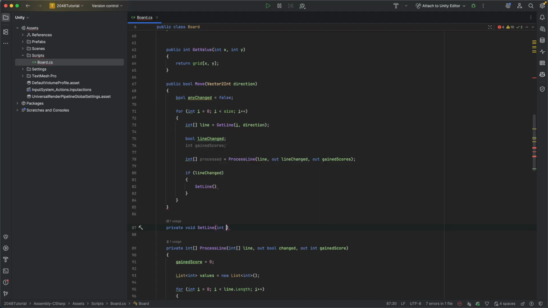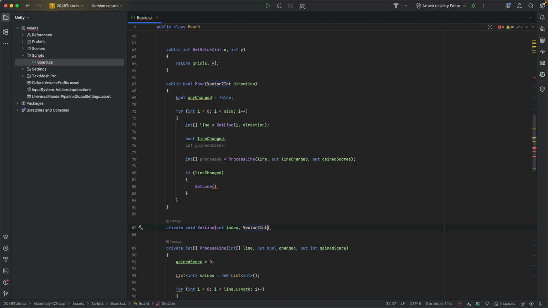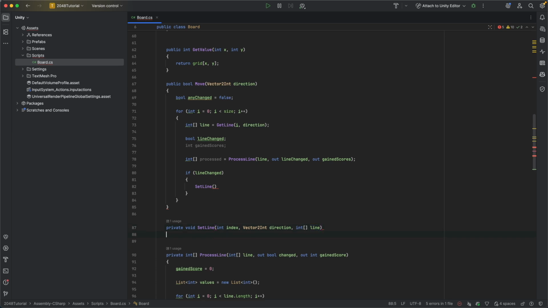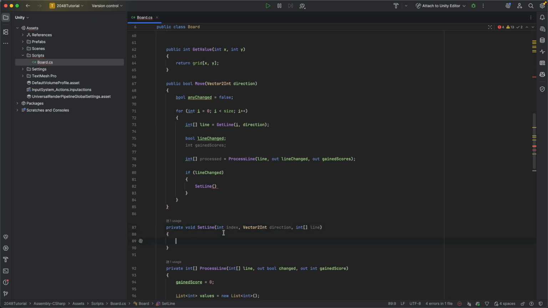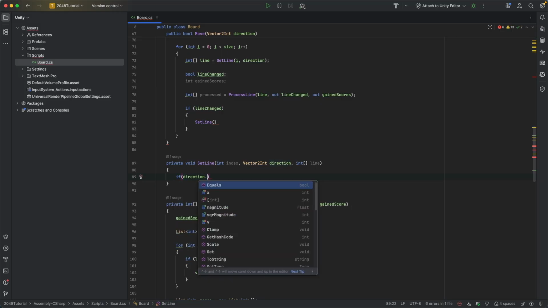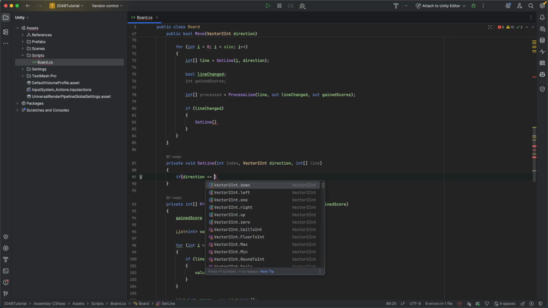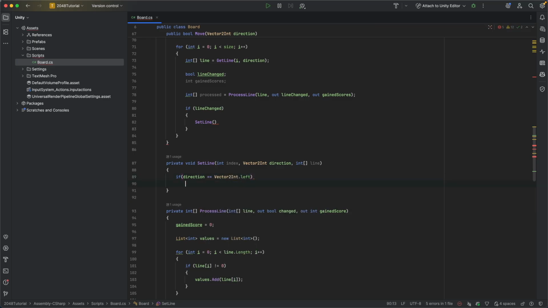So int index, Vector2Int direction, and then int array line. Okay, and then if the direction.Vector2Direction is equal to Vector2.Left,